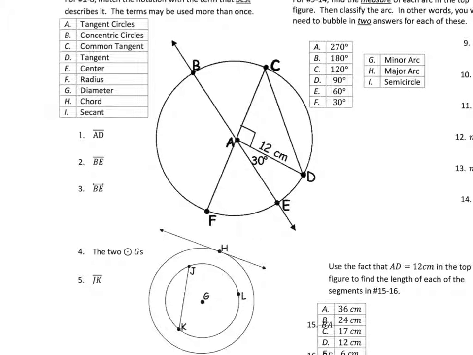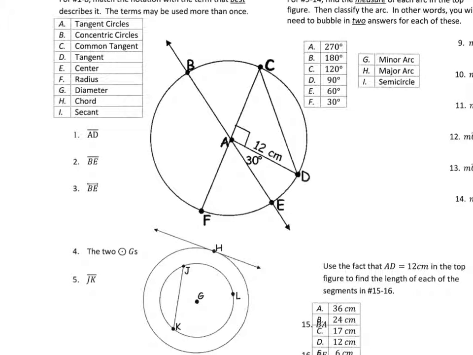Okay, looking at the first 8 here, we're going to be using these choices, and we can use them more than once if we have to. But let's take a look at the first one. It says AD. So if we look, here's AD. And AD reminds me of something that's called a radius. So I'm just going to write out the actual word so that you can see it